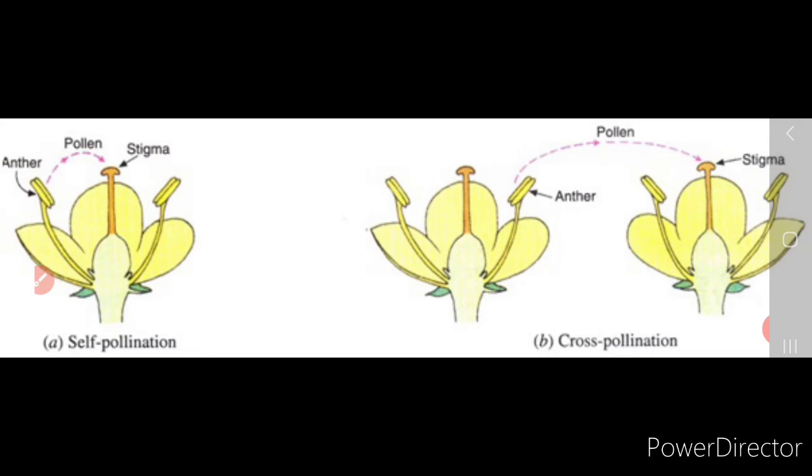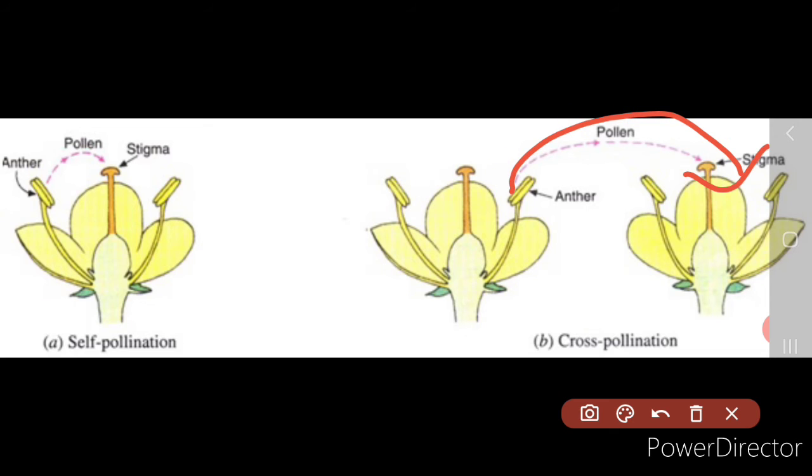The next one is the disadvantages of cross pollination. If you see cross pollination, it requires agents to undergo cross pollination, and more wastage of the pollen grains takes place because they have to be transferred from one flower to the other flower. So wastage of the pollen grains may occur, and it may introduce some unwanted characters of the flower, which are not at all a part of both the flowers. Flowers also depend upon external agencies, so it requires external agencies for cross pollination.